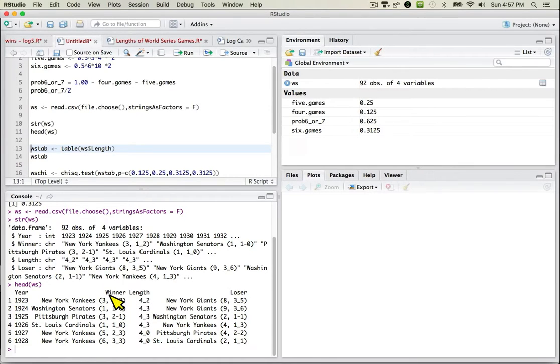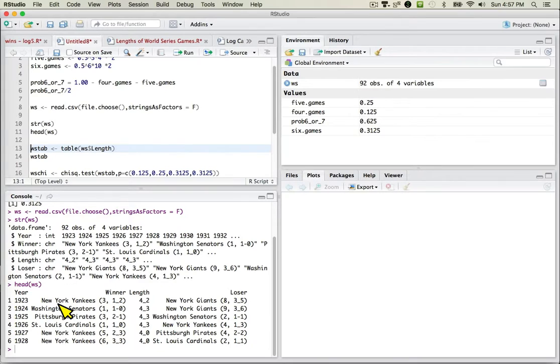So at any rate, what I'm really interested in is the distribution of the different lengths of World Series over the course of time. I started in 1923 because it's only since then that we have had a standard best of 7 World Series. In 1922, there was a best of 7, but there was a tie. And so I didn't know how to accommodate that. And prior to 1922, World Series went